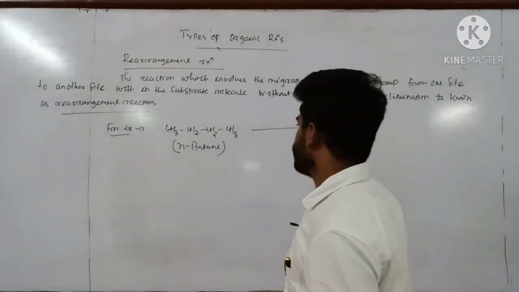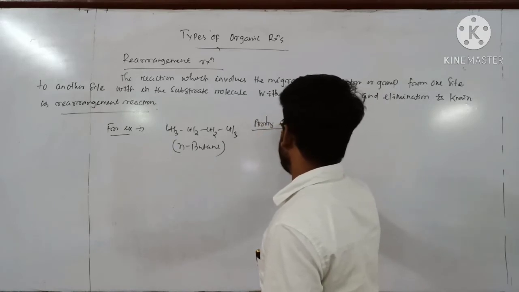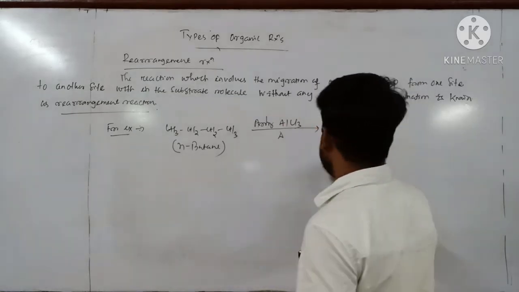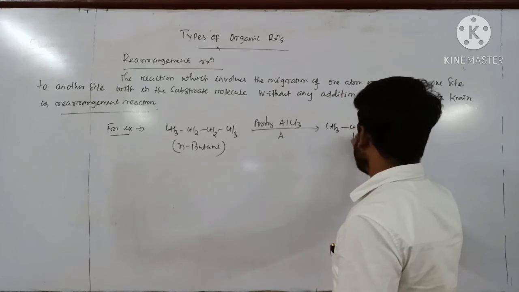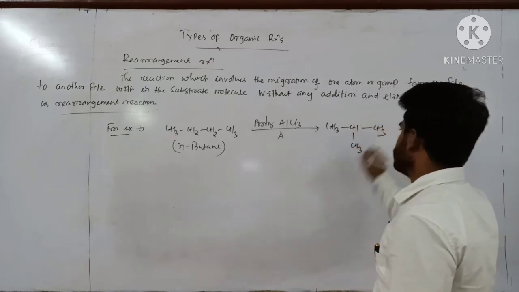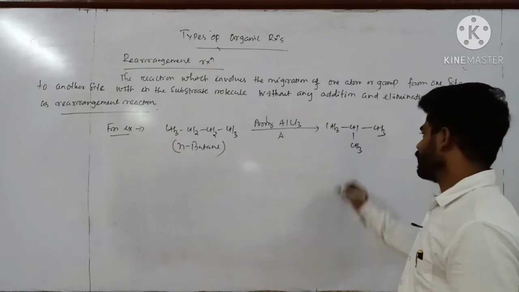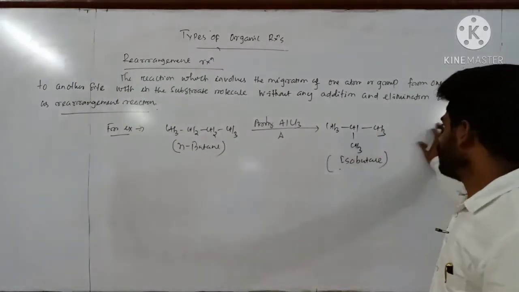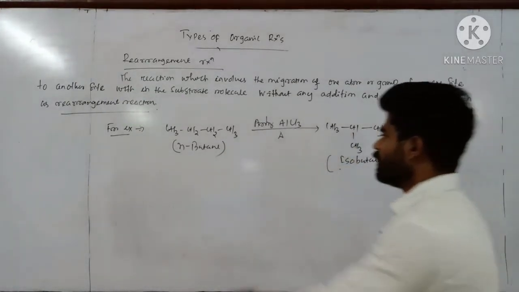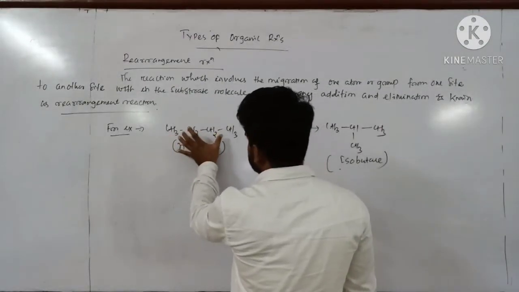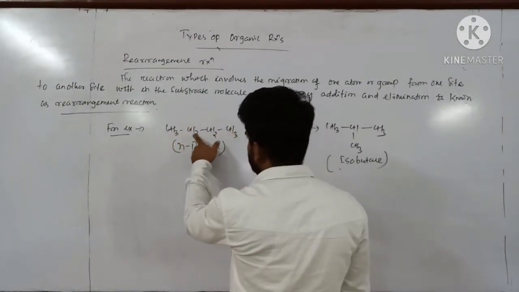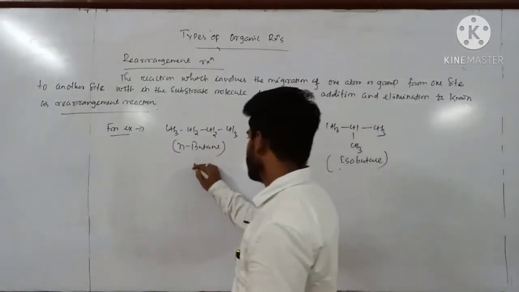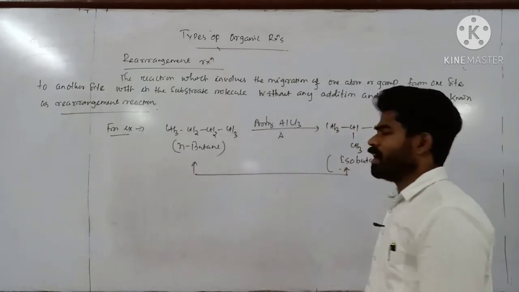If some Lewis acid catalyst, anhydrous AlCl3 I am considering. You see what is the structural change occurring over here. CH3-CH(CH3)-CH3, you see. This is isobutane. Nothing elimination is there, no addition is there, only whatever change that is within this substrate molecule. This CH3 comes here and one hydrogen comes here. Clear? And the magical thing is here the substrate and the product, these two are structural isomers.